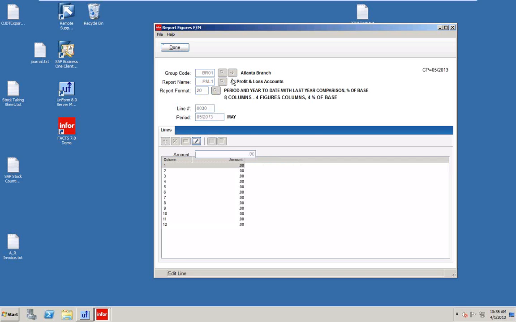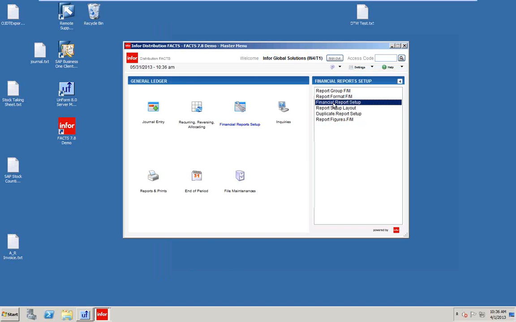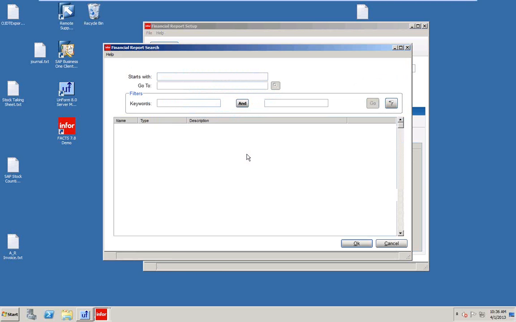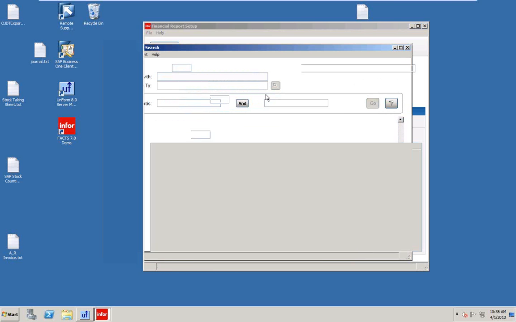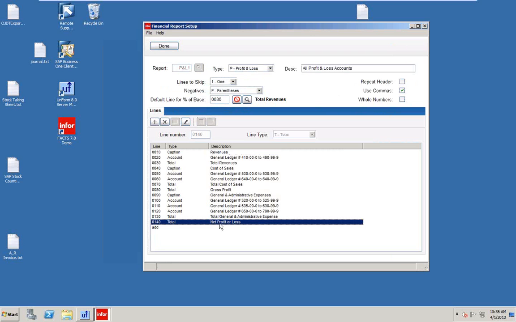And I should change the period here. But again, line 30, but here, this line indicates what it is. So the other one we pulled up with figures was line 140. What we would do is that relates here. Again, I don't have a lot of data in my demo here, but see line 140 was a total net